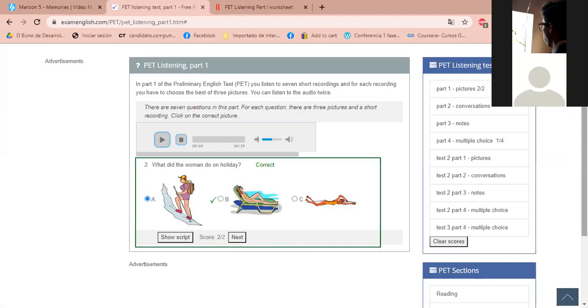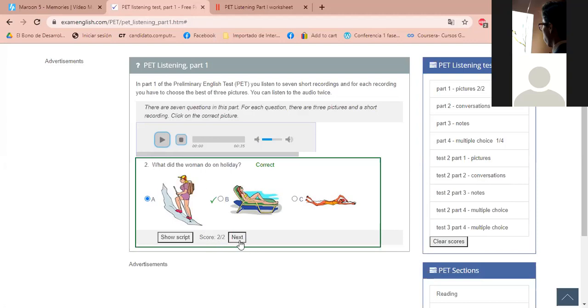She said, I planned to take the sun and go swimming. Sí, planeé irme o recostarme, tomar el sol y nadar. Pero justo ahí le preguntan, didn't you? ¿Lo hiciste? Fue así. And she said, no. Actually, no. De hecho, me fui a las montañas. No? No, actually, I hike in the mountains. So that's why we had this as the right option.